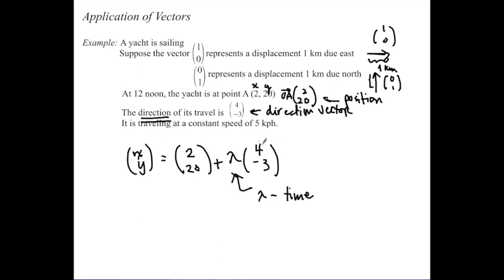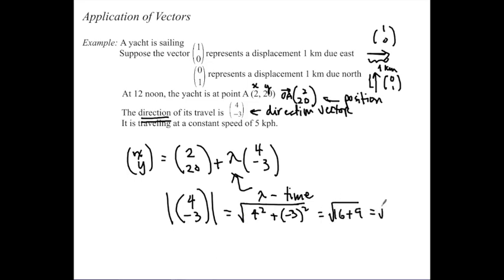But let's see what that magnitude is so we know exactly what direction it's moving. So let's take the magnitude of (4, -3). Now it says here that it's traveling at a constant speed of 5 kilometers per hour. So let's check if this actually gives us a magnitude of 5 kilometers per hour. Using our magnitude formula, or Pythagoras, we have the square root of 16 plus 9, which gives us the square root of 25, or 5. So the magnitude of this is 5, so therefore its speed is 5 kilometers per hour. So the direction vector and the speed are connected. So there's a special name for that vector, and it's called